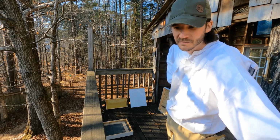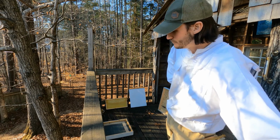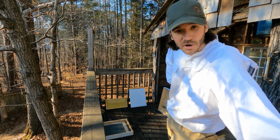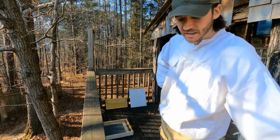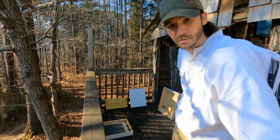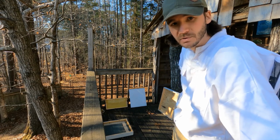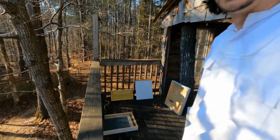This is maybe only like 10 yards away from where the bees are kept, but it's pretty highly elevated. We're probably 20-25 foot up in the air, so on average higher than most people are hanging their swarm traps. But today what we're going to be doing is I'm going to show you